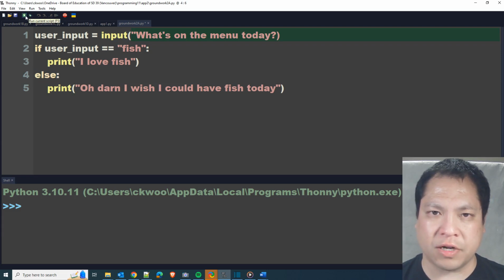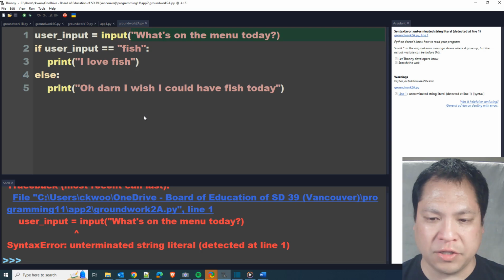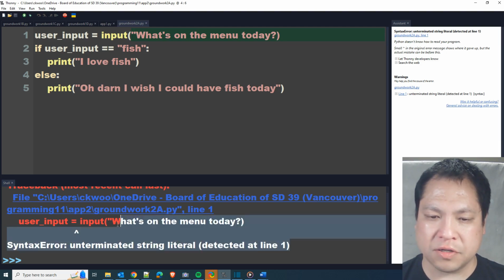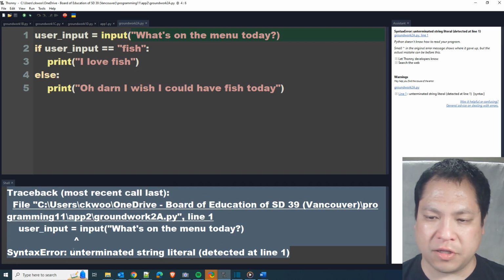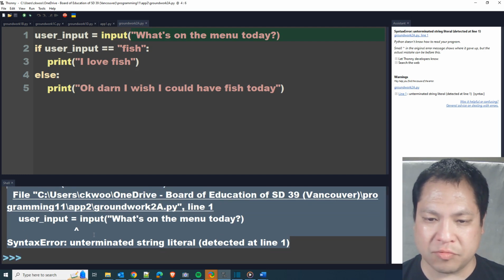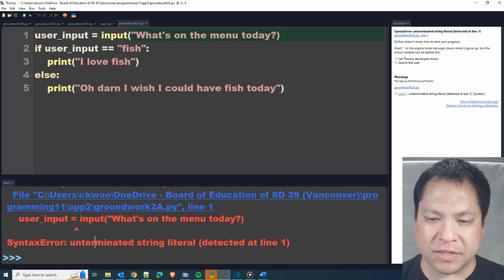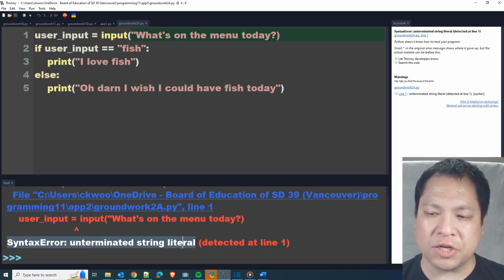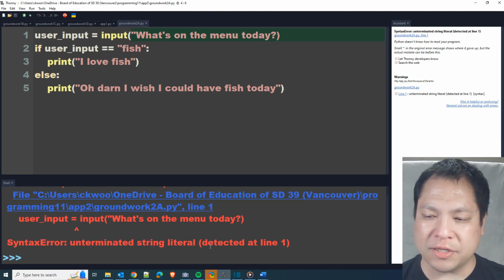Let's just run this and see what happens. Oh, it looks like I have an unterminated string literal. It's useful to get an error here because I don't know if you've had errors so far, but what can you do when you have something like this? Well, you might take a look at this and say that is totally gibberish, I don't understand any of this. Yes, maybe. Syntax error, unterminated string literal. That may not mean much to you at this point, but